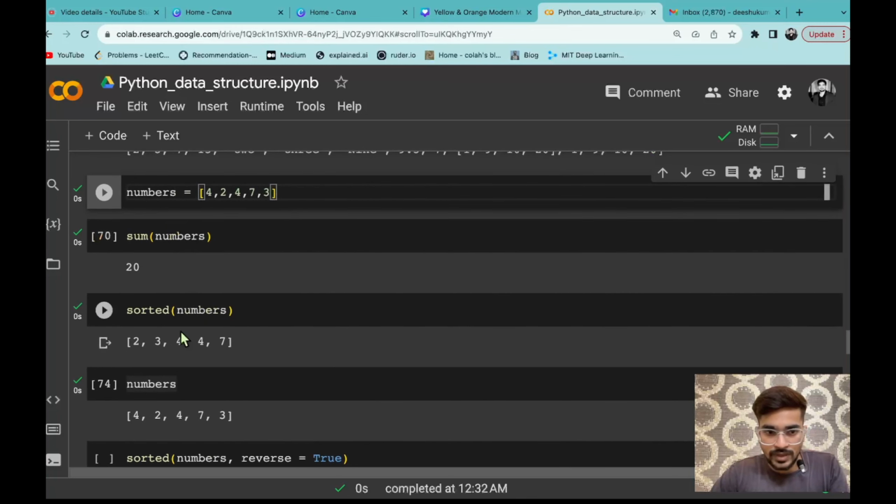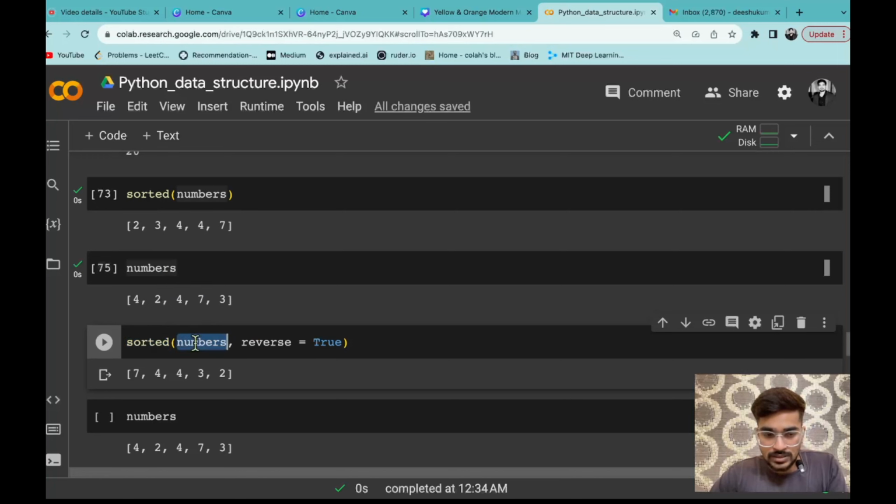Now what I am doing, instead of having ascending order, if I want it in descending order, so what you can do, you can provide another argument. Like first argument will be the same, the list of values which we are providing to sort, like this is the sorted function you have called. Then you have passed the numbers, that is the list you have जो कि आपको sort करना है.